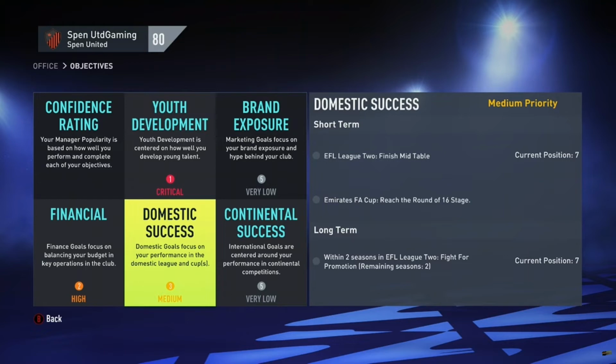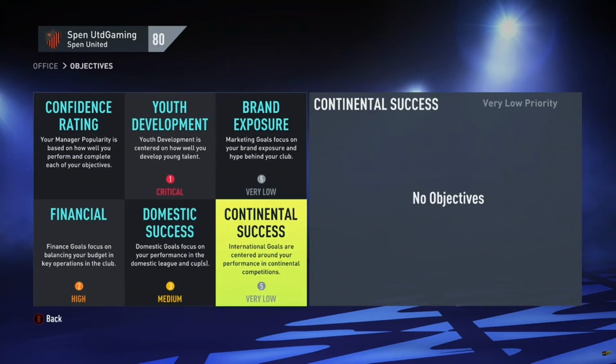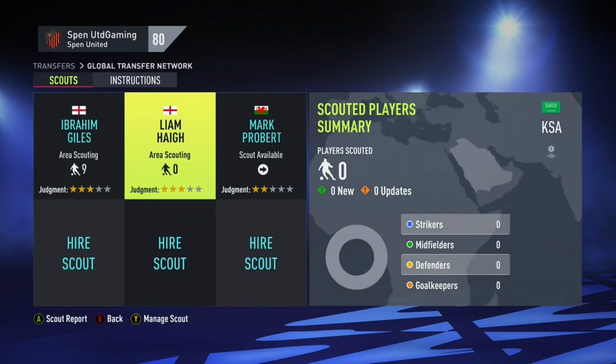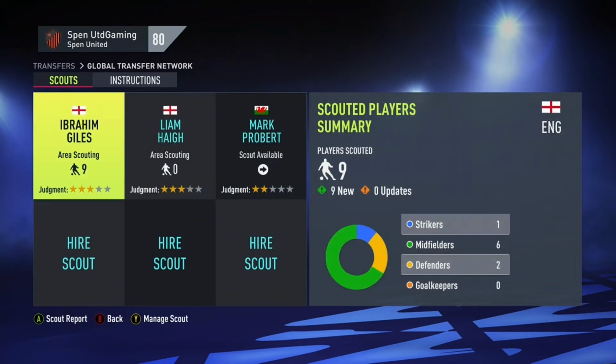So that's pretty perfect. And then the second season, once we've grown our players a bit, then we could possibly look to push for promotion. So again, that's perfect. And then we've got no continental. So all in all, those board objectives look pretty good. So yeah, we've got 3 stars, 2 stars. So yeah, realistically,